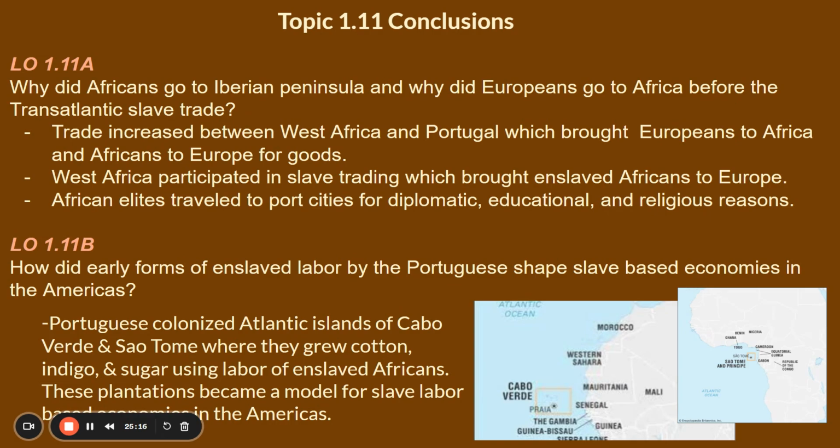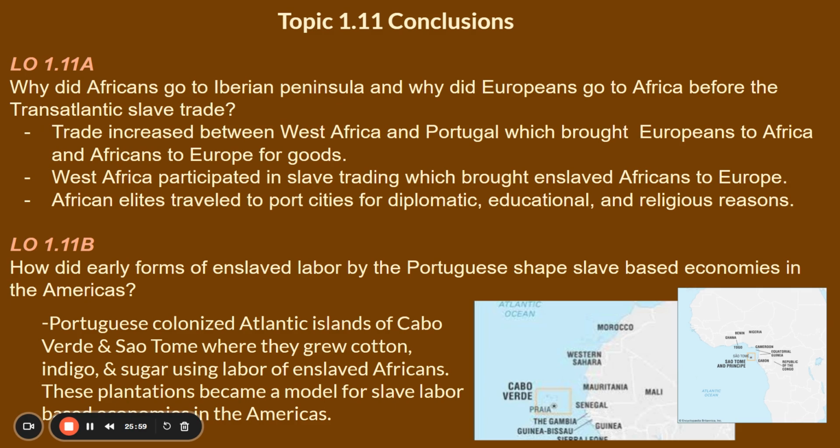And that is never, ever discussed. We oftentimes, when we talk about African Americans, start with slavery. And when we start with slavery, we start with the transatlantic. But we are learning there's more to the story than that. And so that is what topic 1.11 conclusions wants you to really hover over and understand, that the Portuguese colonized a lot of African kingdoms, and it was really the start of the Atlantic islands, specifically two of them,